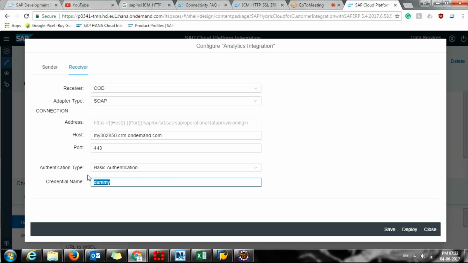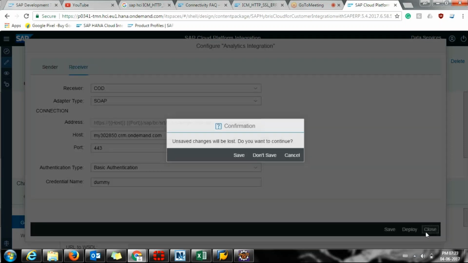We will be understanding what exactly this username and password credential name means. Credentials, it means you need to provide the user ID and password, but here it's only one field, only the credential name. So where do we save the user ID and passwords? We will see. Do I need to save? No, I do not save it. Okay. And this is my ID table. Now I go